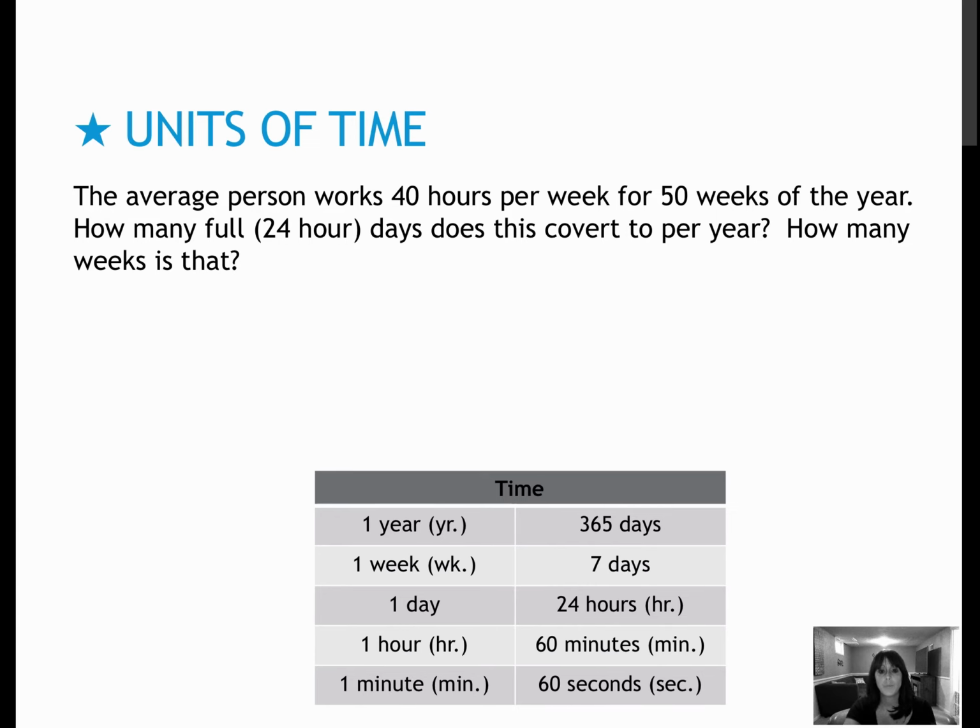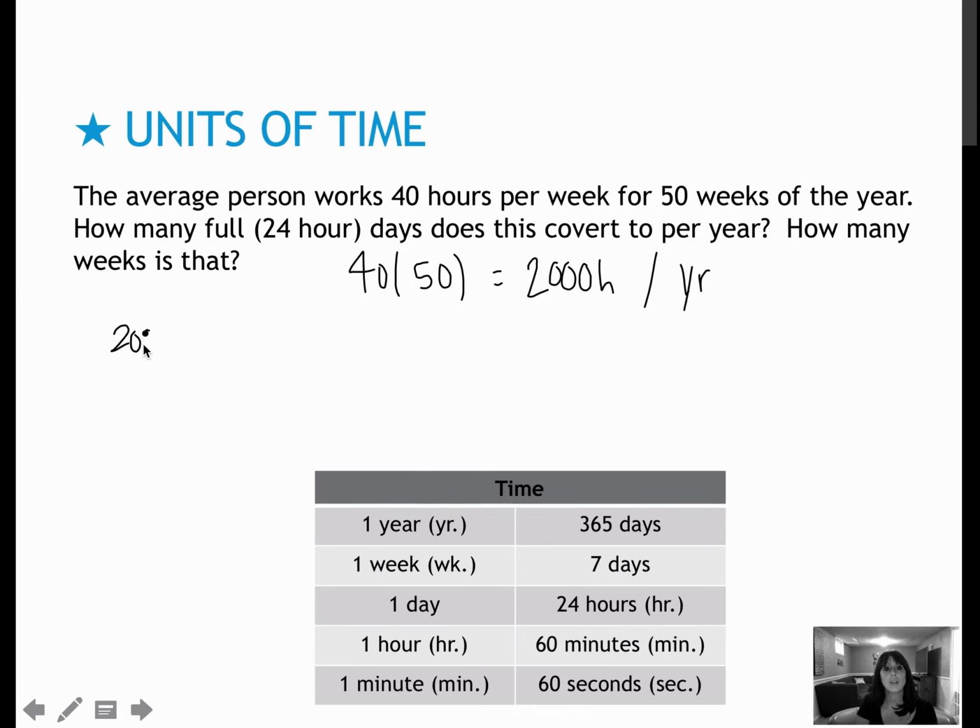So let's take a look. We've got 40 hours per week. We've got 50 weeks per year. So we need to know how many hours total do we have. So 40 times 50 is 2,000 hours per year. So this is per year of work. So how many 24-hour days does that convert to? Well, if I've got 2,000 hours and I know there are 24 hours in one day,